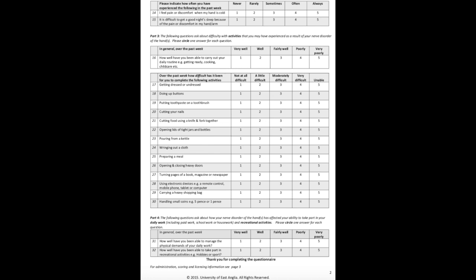The questions in Part 4 are more global questions to inform the occupational therapist of how the client's participation is affected and the impact their hand nerve injury has on the occupations that they choose to engage in. Turning back to the PEO and CMOP-E models, Part 3 and 4 cover the occupation category, as it asks for ratings related to very specific activities that are involved in the person's daily routine, such as self-care activities, like doing up buttons and holding a toothbrush, recreational and leisure activities, as well as productivity and work occupations.